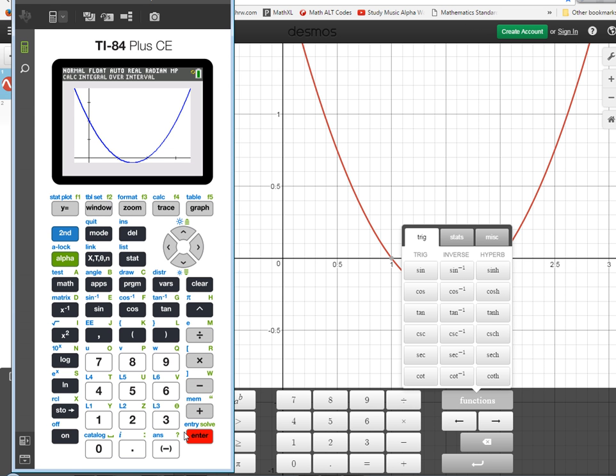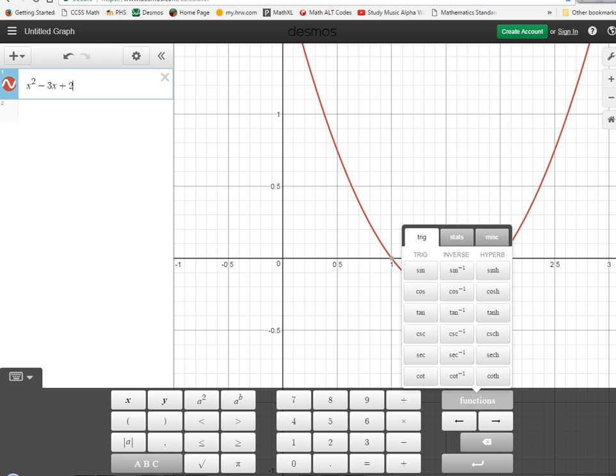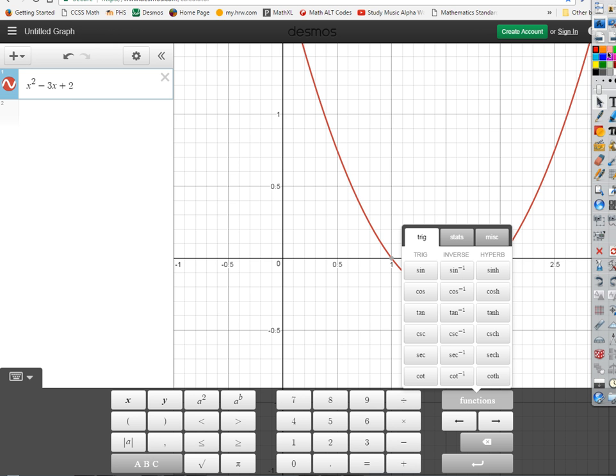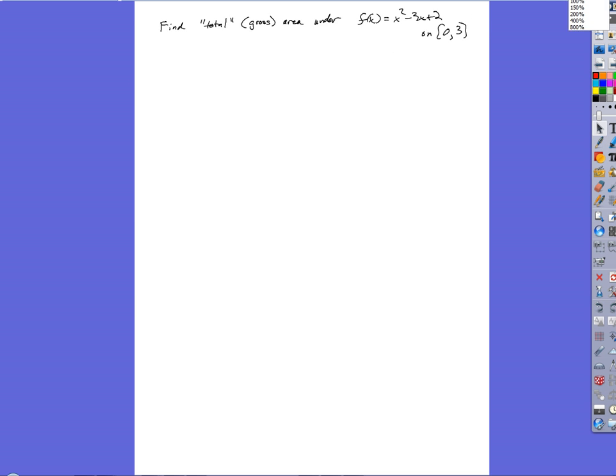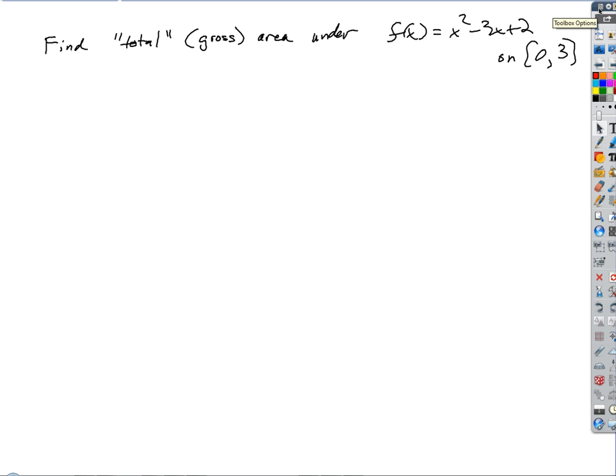You can figure out where you need to add and subtract. Okay, but if I want to make it all positive, absolute value. I could take the absolute value of the area on the intervals between the zeros, right? You see what I'm saying? Everybody get that? So we could do this, right? If I want to do the gross area, well, we know that the zeros, if I set this thing equal to 0 and solve,